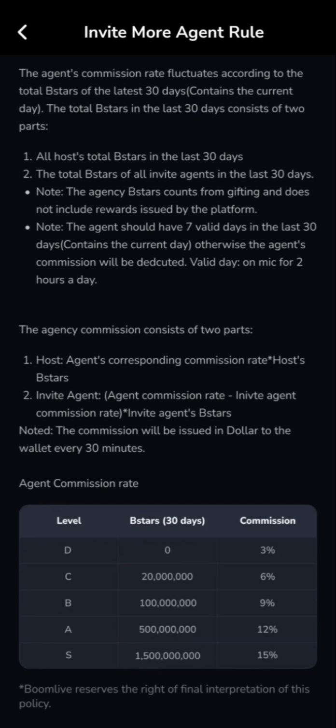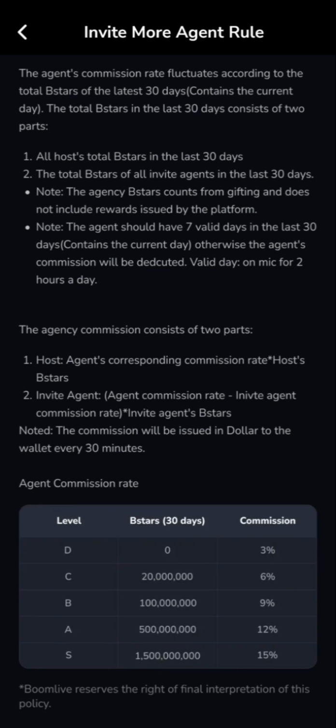right? So this is different from 1 month. It means every single day, the B stars earnings are updated. So let's say in the last 30 days, which includes today, your agency earned, let's say 3 weeks ago, maybe you did a target of 20 million B stars, which now takes you to the next level of 70 million B stars required for that level B, right? To pass level B, you must hit 70 million B stars, or maybe 100 million, I think. So now,